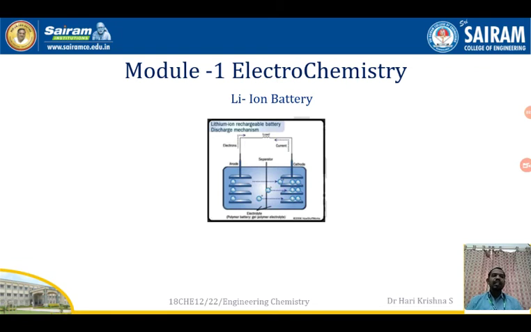For instance, in your mobile, you will have the battery 100% charged. When you start using the mobile, it might be for playing games, presentation, or calling. What will happen? The battery slowly starts discharging. It will become 70%, 80%. That implies that the lithium present is getting converted to Li plus. If your battery shows 70%, it implies that 30% of lithium is converted to Li plus. If it shows 60%, then 40% of the lithium is converted to Li plus.